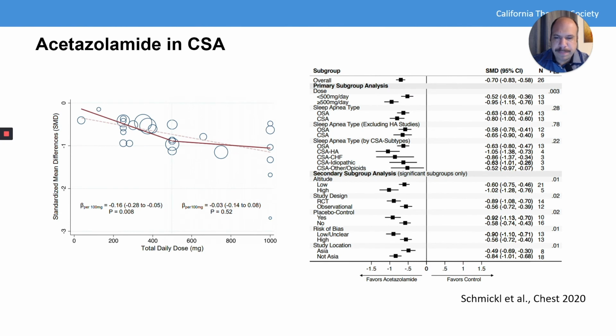This is from a meta-analysis that was just released, hot off the presses, from a colleague here at UCSD, Chris Schmickel, who looked at the efficacy of acetazolamide in those patients who had both OSA and CSA, and found that it had a pretty good effect, more of an effect in central sleep apnea than obstructive sleep apnea. In central sleep apnea related to heart failure, it was quite effective here. In patients with opioid-induced central sleep apnea, it was a little bit less effective, but in all groups it was fairly effective, which I think is